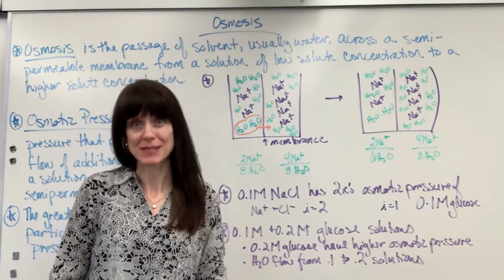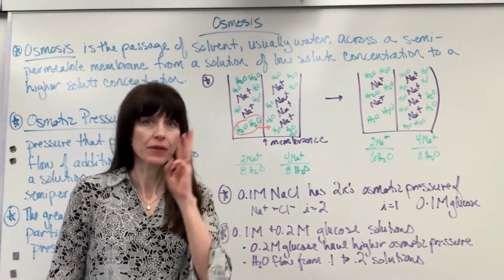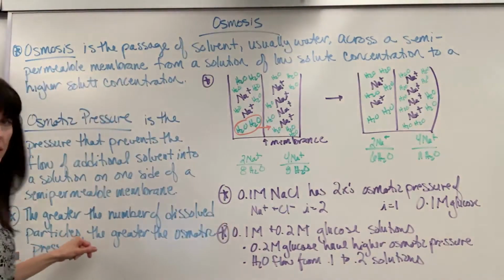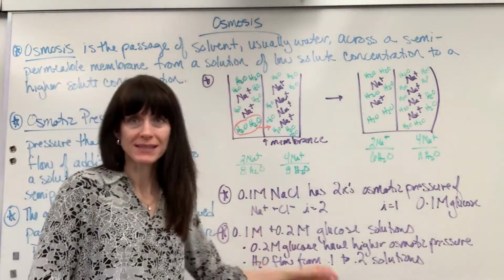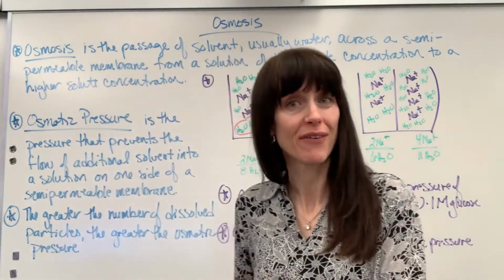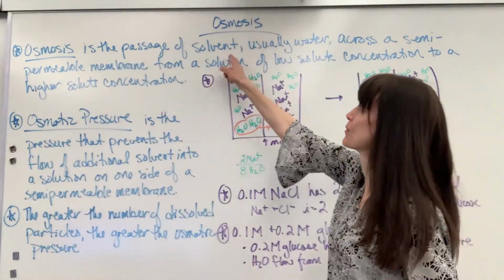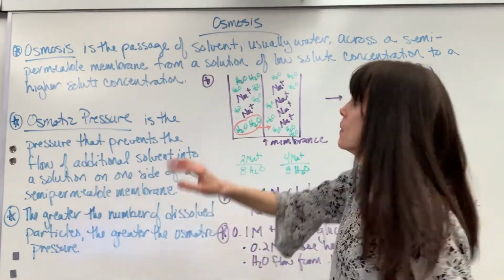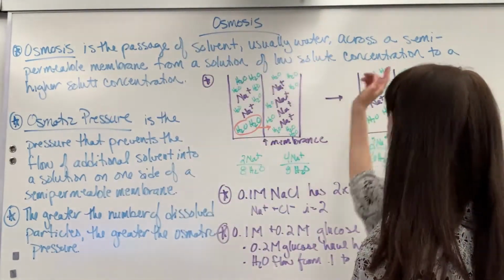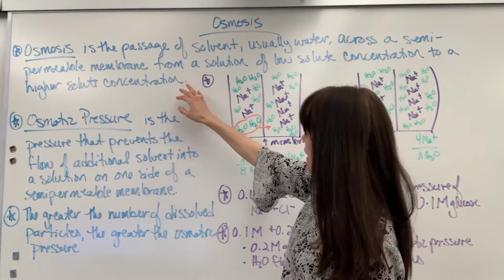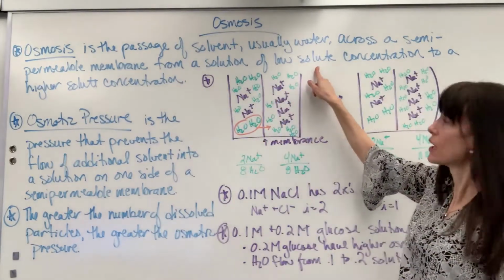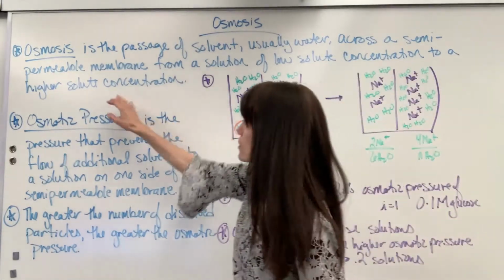We're going to talk about osmosis. I have three little definitions that I want to talk to you about and then three examples. Let's begin with the definition of osmosis. Osmosis is the passage of solvent, so mostly water, okay? Passage of solvent, usually water, across a semi-permeable membrane from a solution of low solute concentration to a higher solute